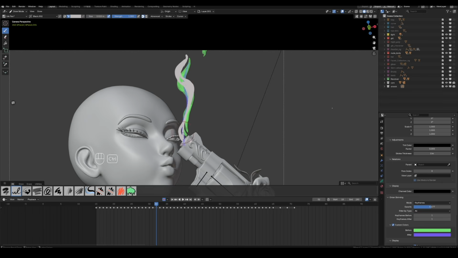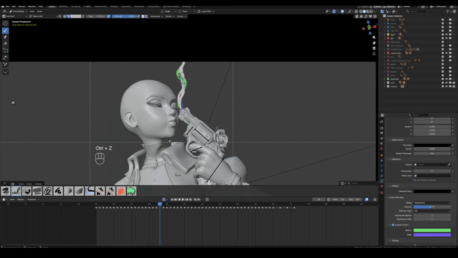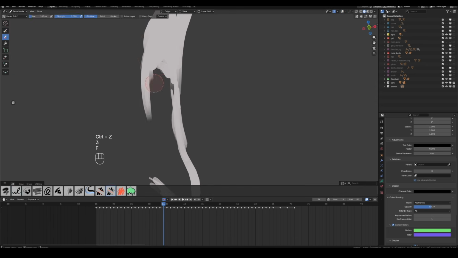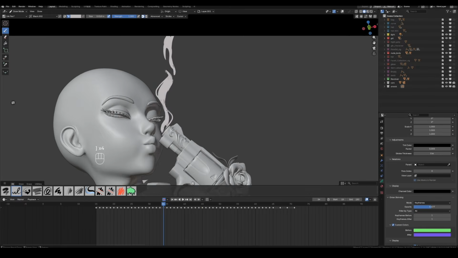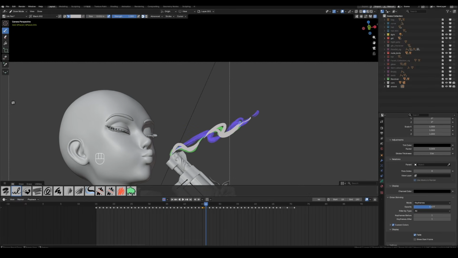As for the smoke effect in Shot 3, I drew it using Blender's Grease Pencil, and if you're interested in Grease Pencil, I can make a separate video about it later. Okay, that's the workflow I used to animate this character. I honestly recommend giving it a try. It can save a lot of time on your project.